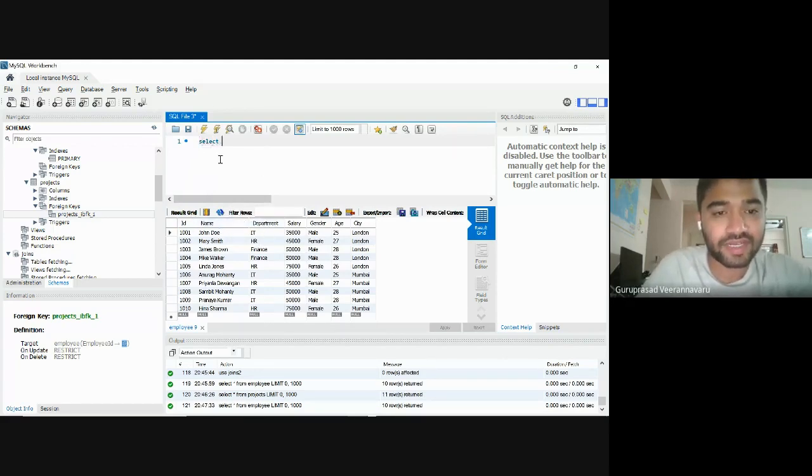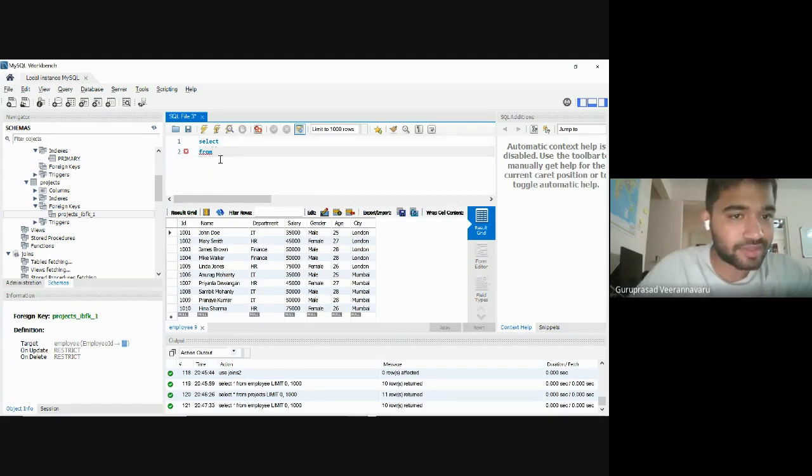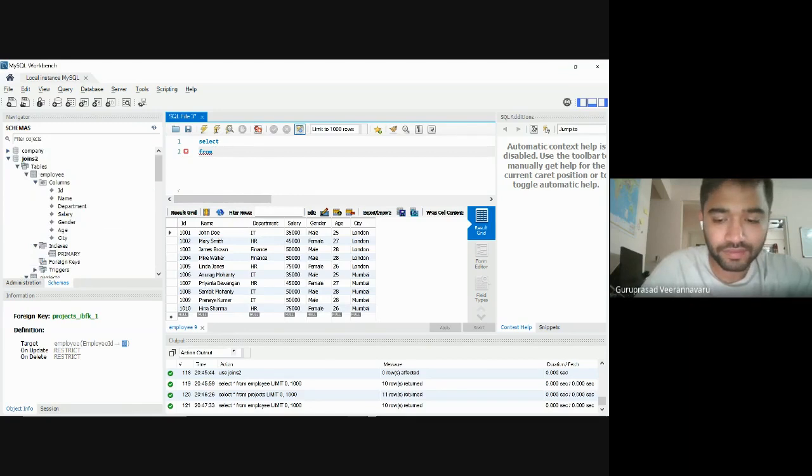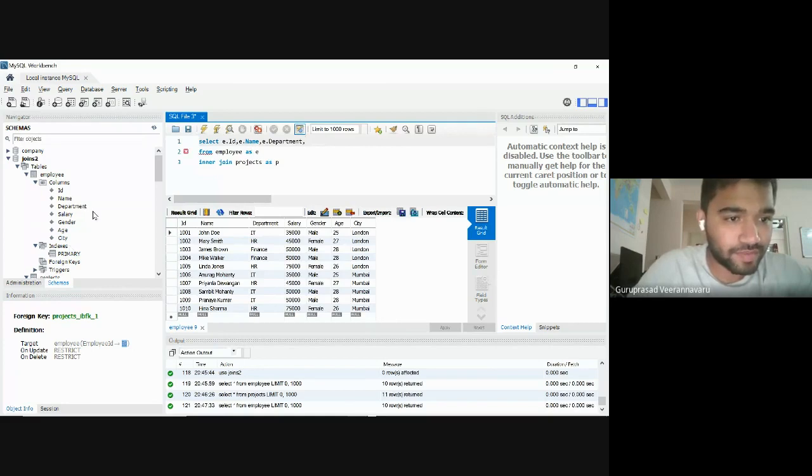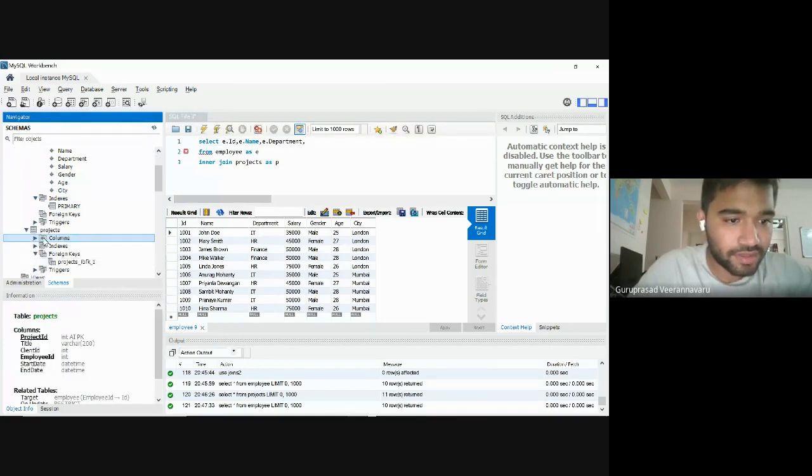So I'll do select first, find the ID of the employee. So let us say I will take the select from, let's say, the employee table, employee as E, inner join, table name is projects as P. So I want the ID of the employee, E dot ID, and then I want the name of the employee, E dot name, and then his department, E dot department, and I also want the columns from the project table. So what are the columns? Say I want project ID